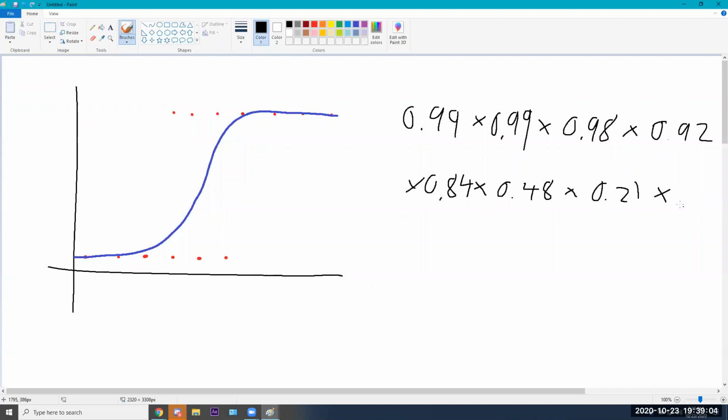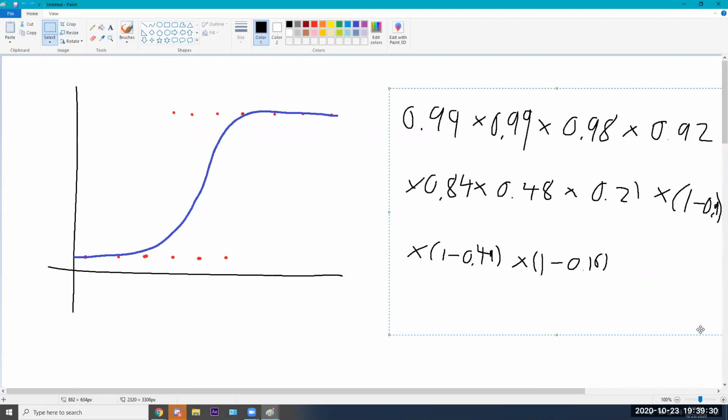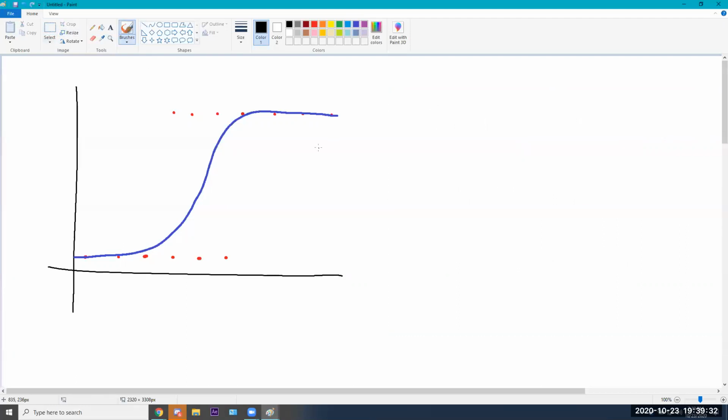And we continue our multiplication here. So we get times 1 minus 0.9, times 1 minus 0.48 or 0.49, times 1 minus, I don't know, 0.16. And then again, we just continue doing that for the rest of these. And if you remember from the pi notation, in that notation, it would look like this,